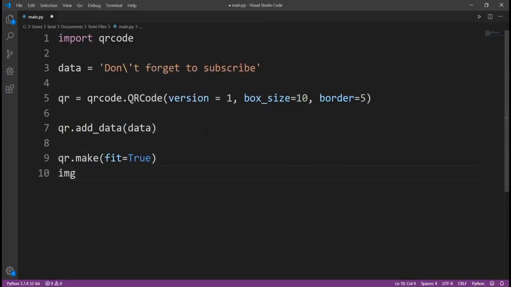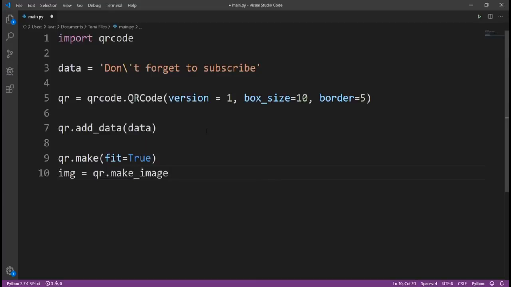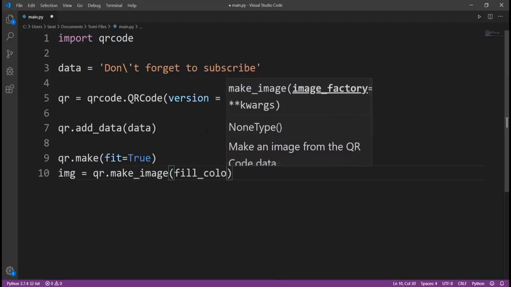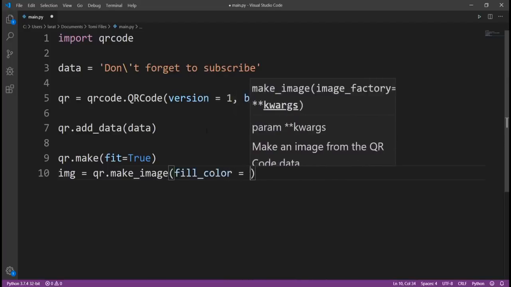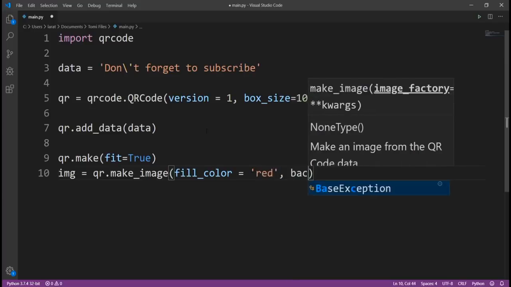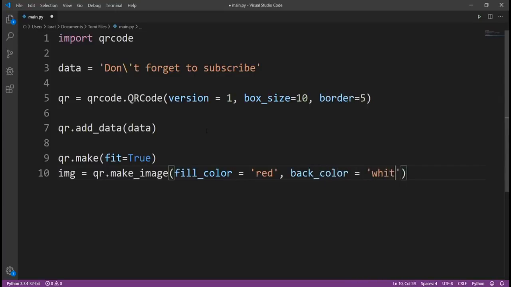And then we'll say img should be equals to qr.make_image, fill_color should be equals to red, and then I want the back_color should be equals to white. Like this. So now I have everything I want to configure, and I'm just gonna say img.save, and then we